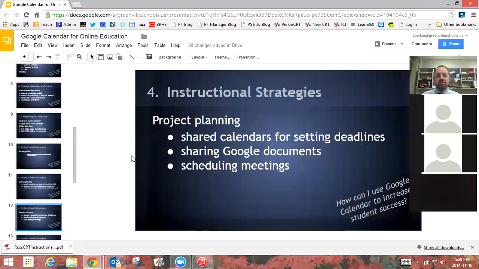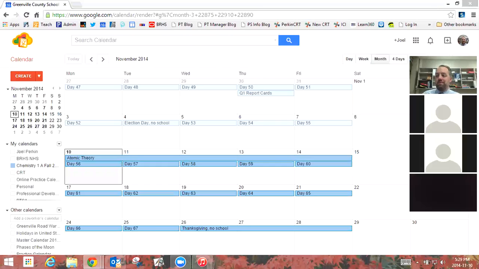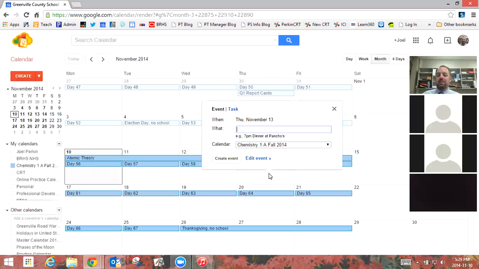A third strategy is project planning. You can create a calendar for specific projects and then put events on there that are deadlines. We're starting a project today. By Thursday, you should have all of your research done. And you can actually go to the calendar and put an event on Thursday that is